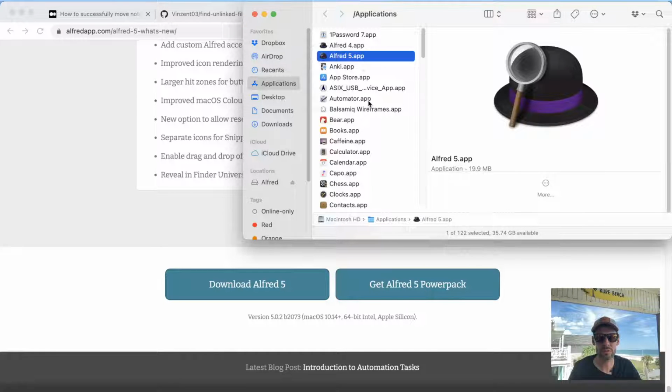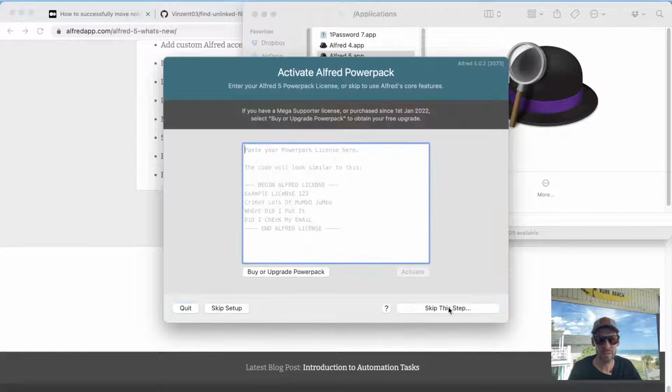Alrighty, so let's open Alfred 5. Yep, we're gonna open this thing, begin setup. Oh, all right, let me switch back to not showing you guys my entire license for this. Activate. Oh, I wonder if they're gonna send me a new license. Hold on just a second, guys. Checking my emails for it.